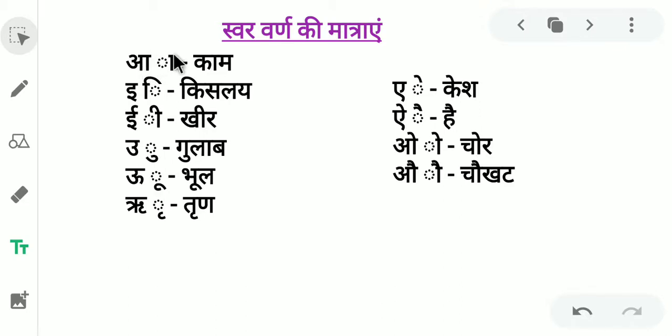So now suppose that whenever we see a sign like this, then it is pronounced as A. Now, in this word we can say that calm. Now this is a sign of E, or you can also say it is a choti e or a small e, and this is the sign of big E. This is a sign of a small u, and this is the sign of big U. Okay. So these are some signs.